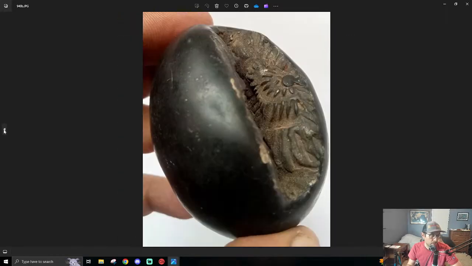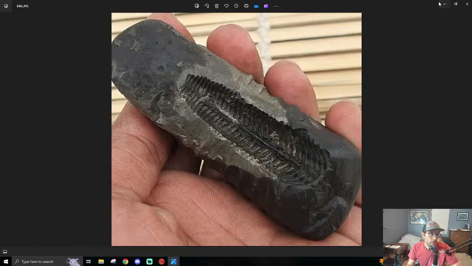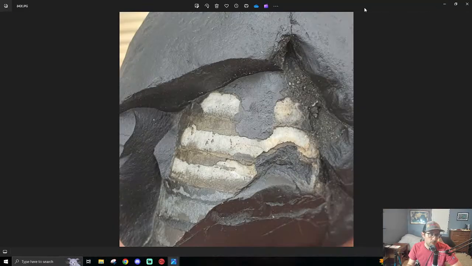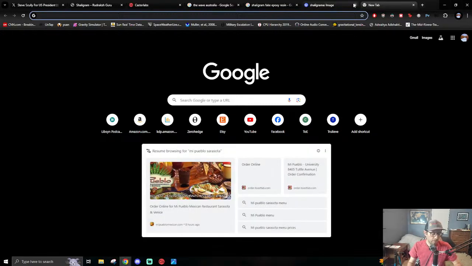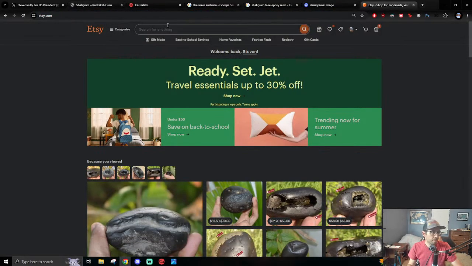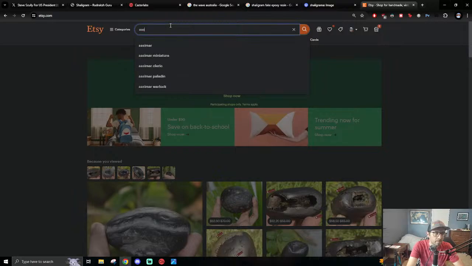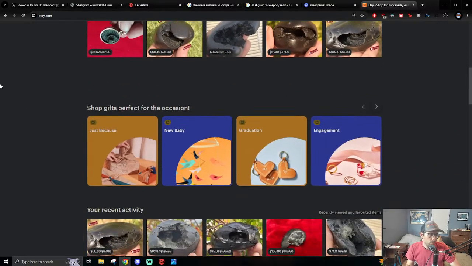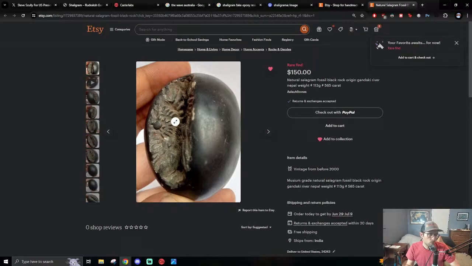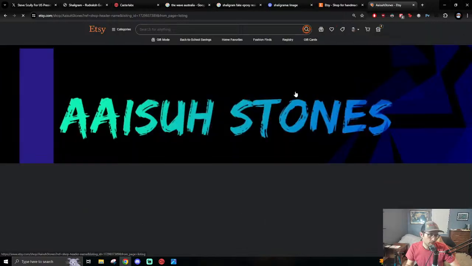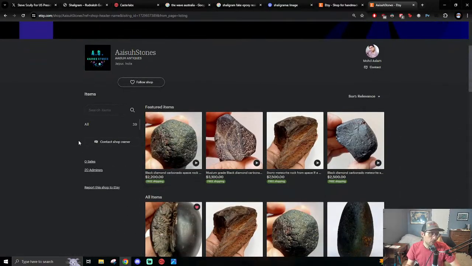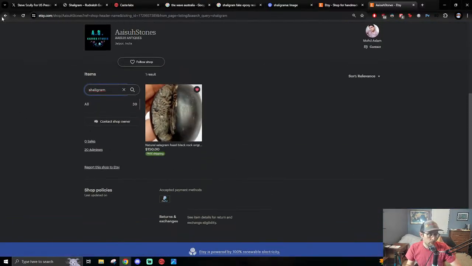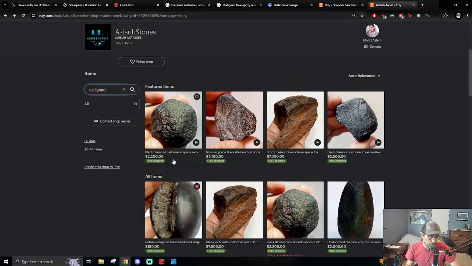This is from Ayasu stones. So just to see, Shaligram, only one, but it is amongst